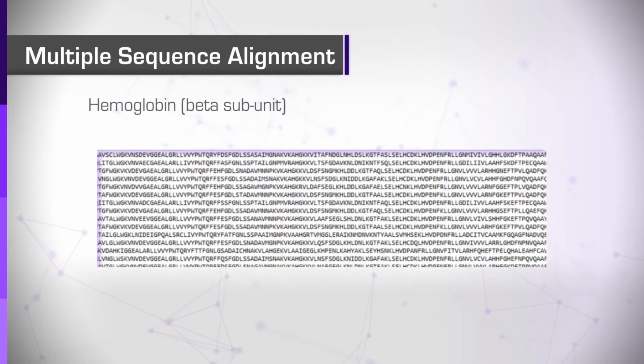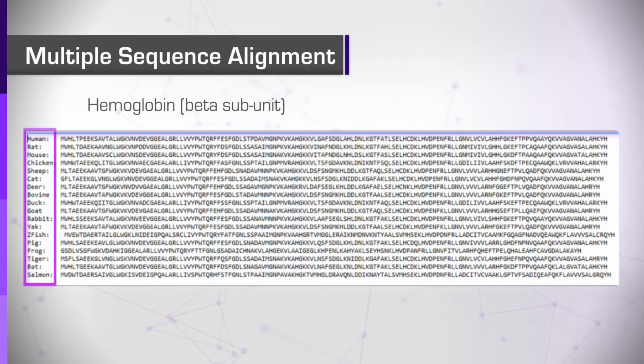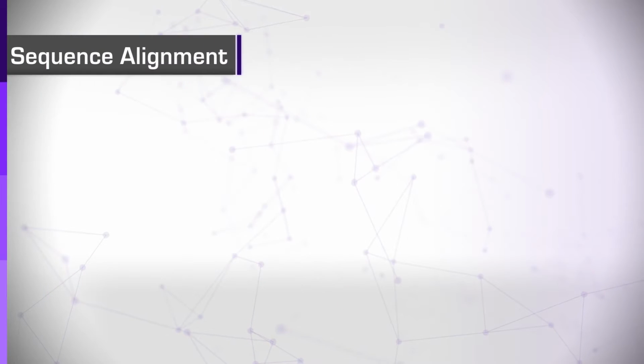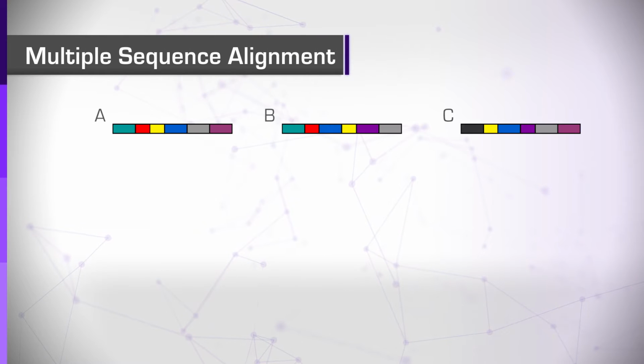However, what happens when we have many sequences, say hemoglobin from hundreds of organisms, and we want to align them into a common framework? One obvious option would be to perform pairwise alignment of each sequence with all the others. However, such a collection of pairwise alignments does not really capture the information that we need. It is like looking at an elephant from different angles, seeing each time only a partial view of the complete animal.